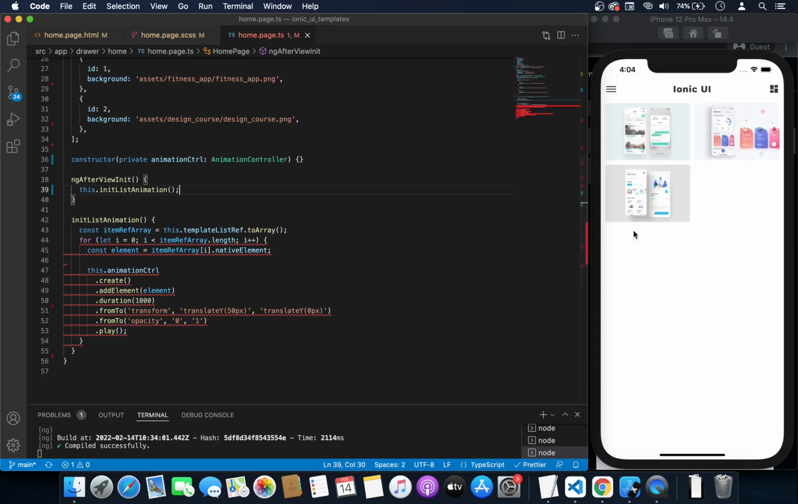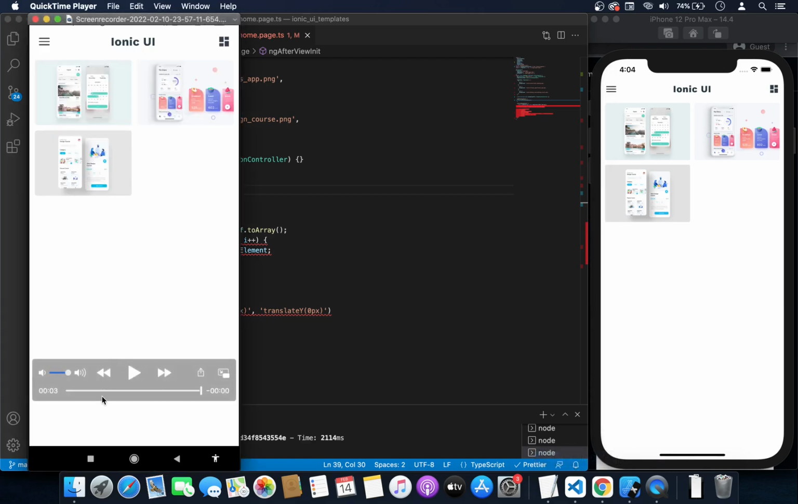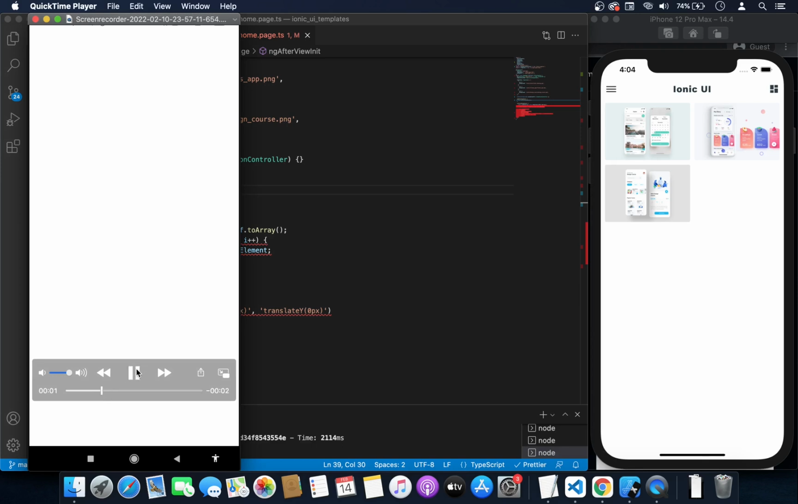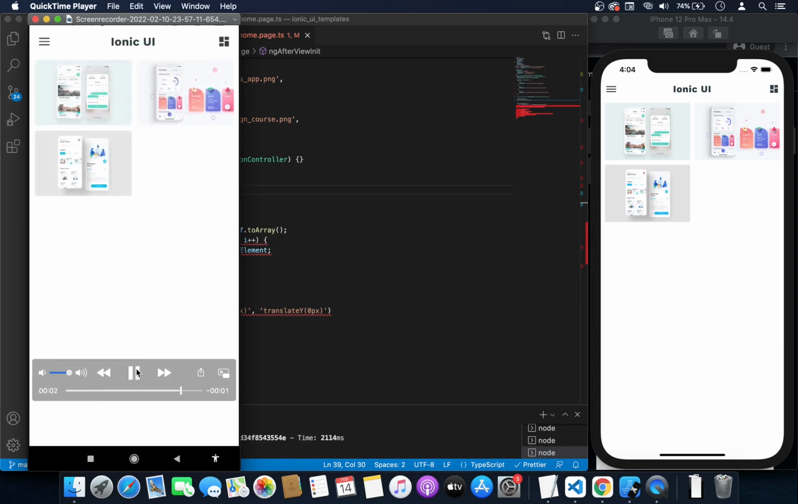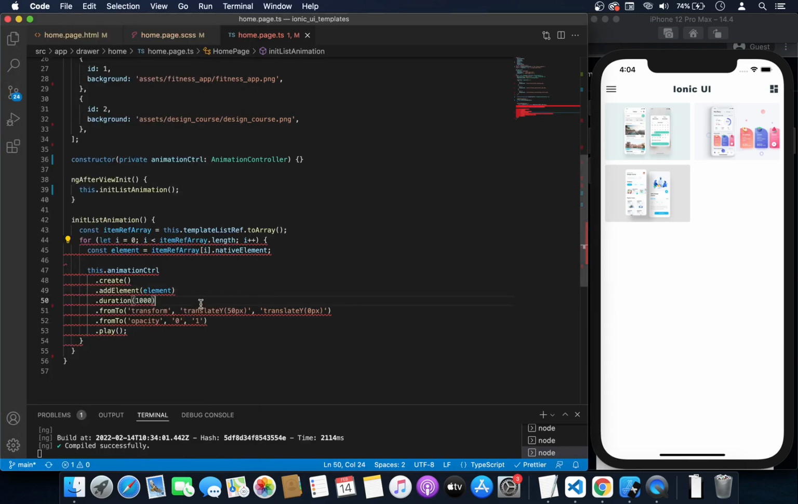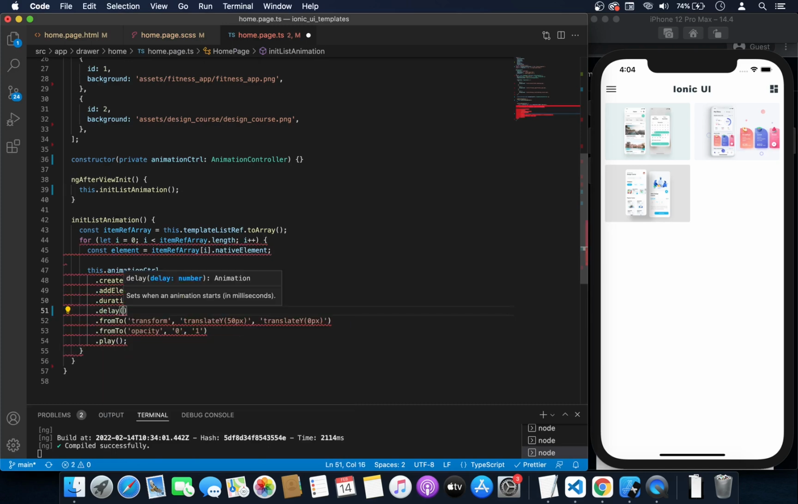Okay, the animation is working, but if you notice, that animation is playing together, but here there is a delay after every subsequent item. So we need to add a delay for every item here. So we're gonna add a delay of 1/3 of a second